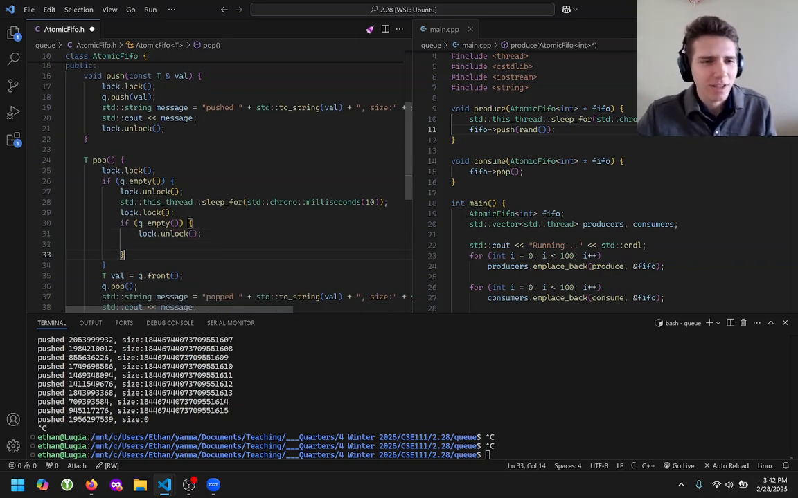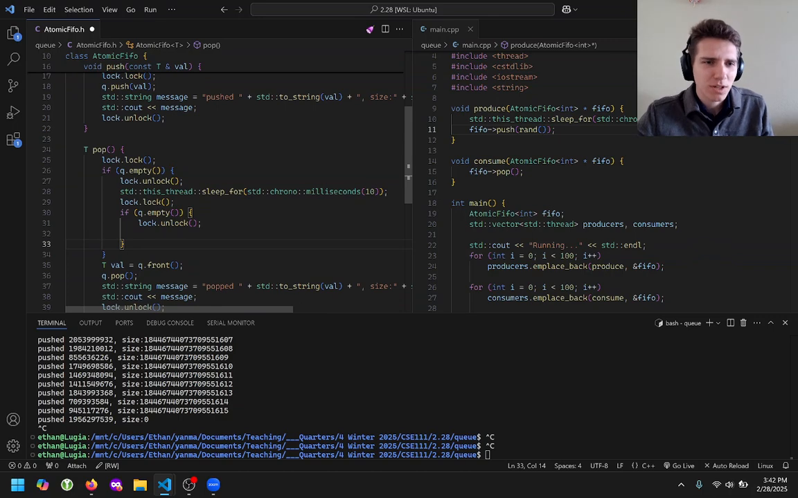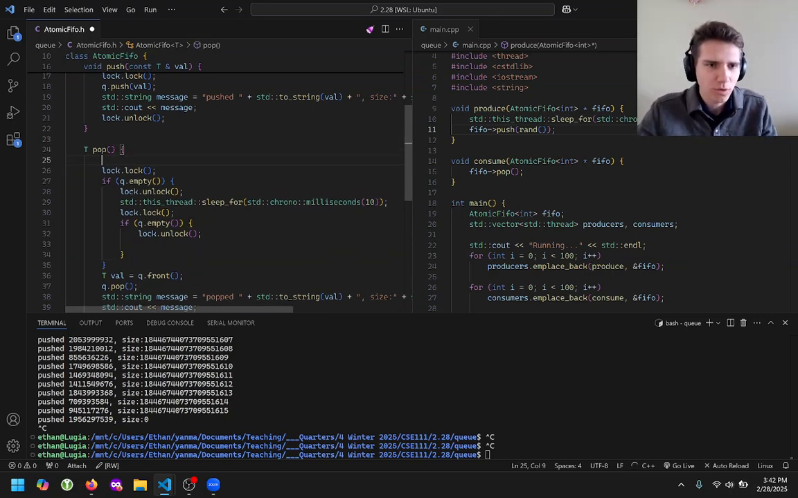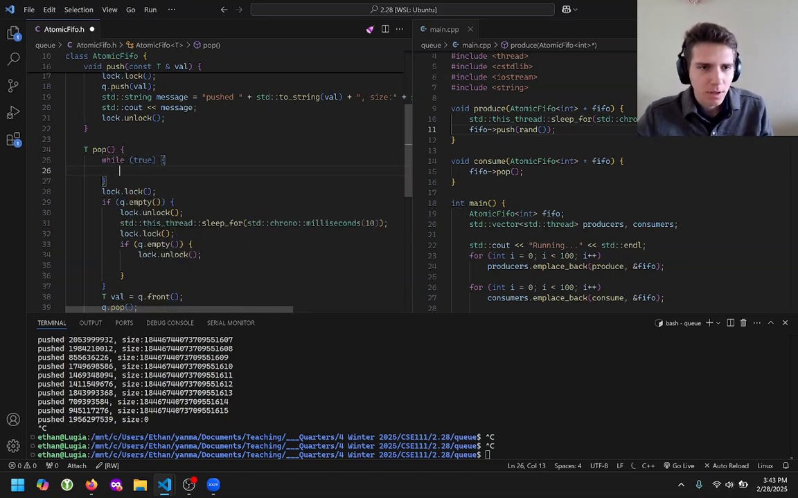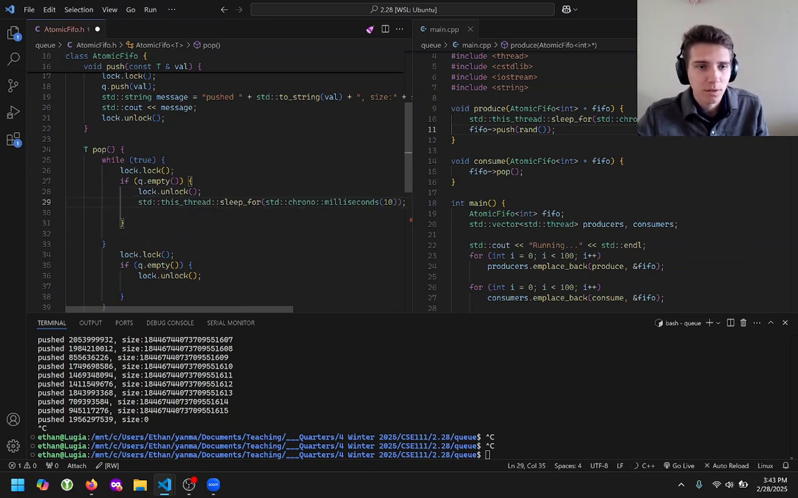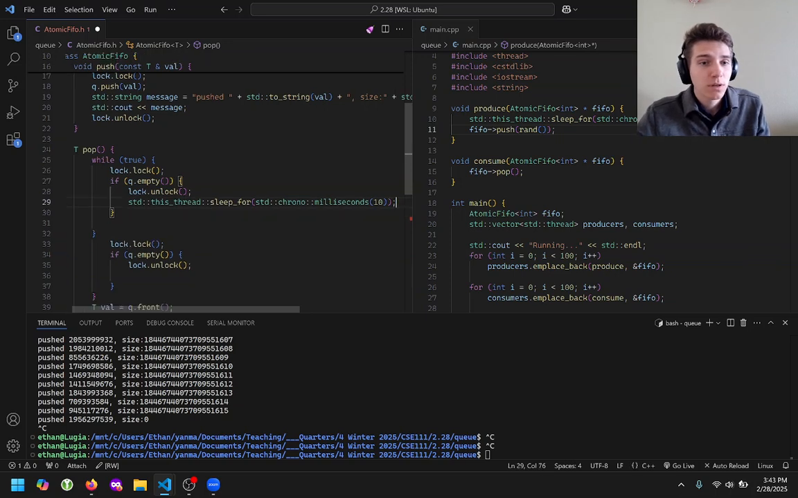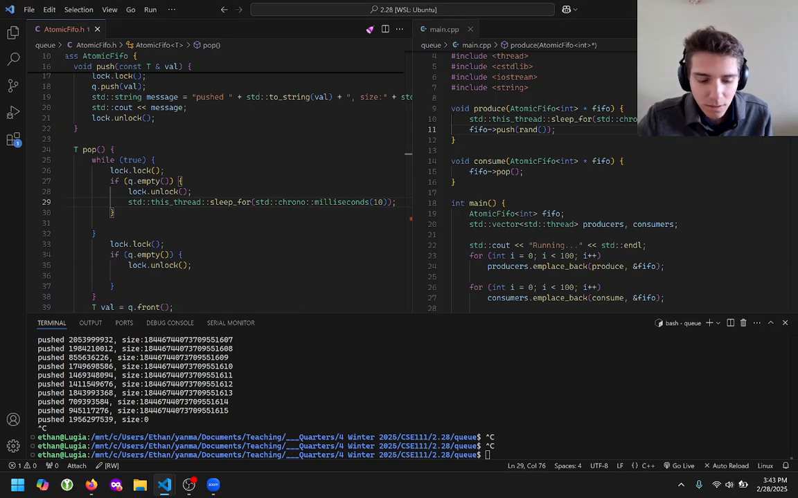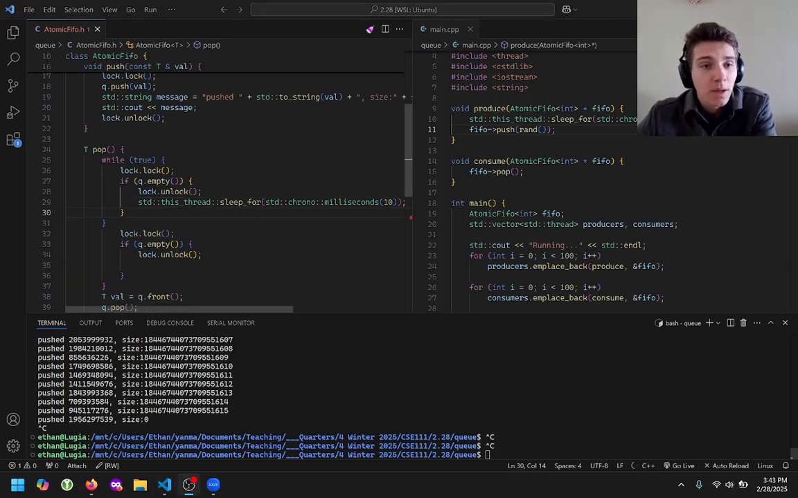So actually, this is more looking like a while loop. So maybe instead of this, we could just have a while true. So we could say while true, and maybe we lock, and then we have if empty. If it's empty, then go and unlock the queue, and maybe sleep for a bit. But if it's not empty, so I'll say else